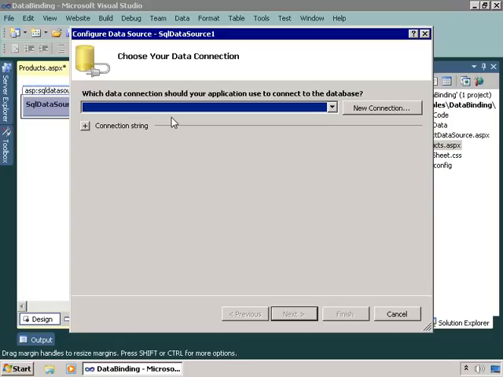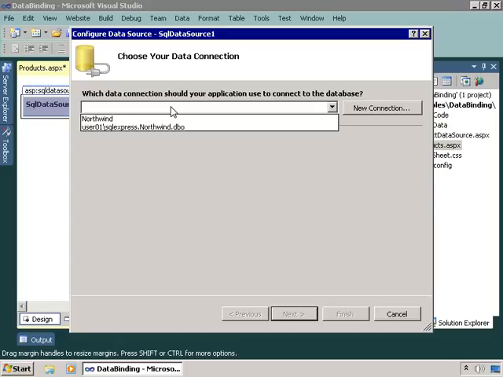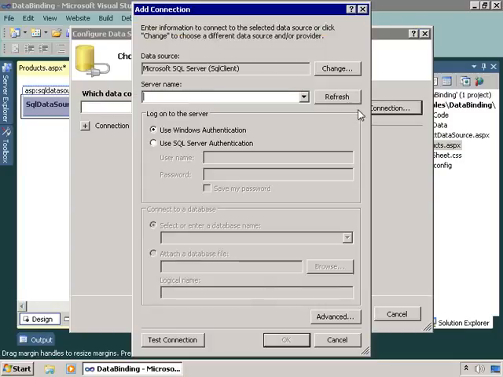So I'll click that link, and we have an option now to configure the data source. The first thing you'll find is a list of available connections. On your computer, you may not already have created a connection to the Northwind sample database. I have in this project, so it should show up here. But if ever you come here and you don't see any connections, click New Connection. You'll see this dialog box. You can choose the name of your server,